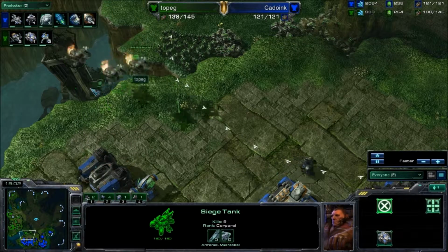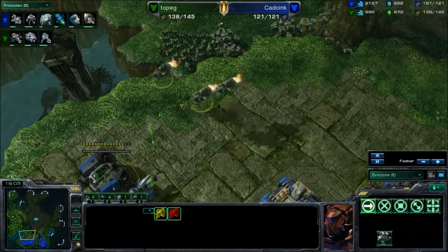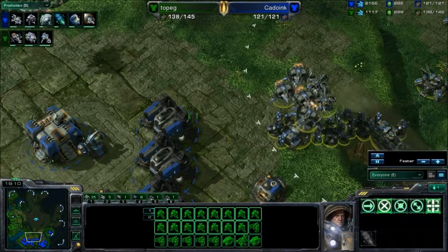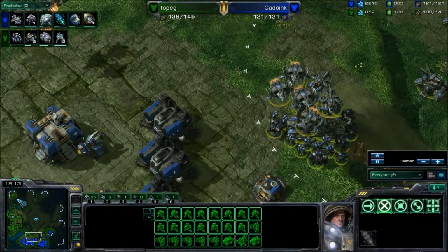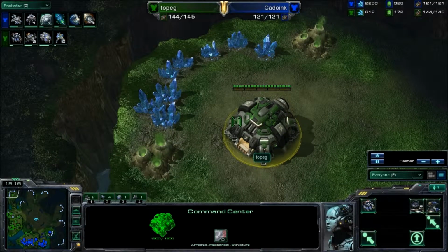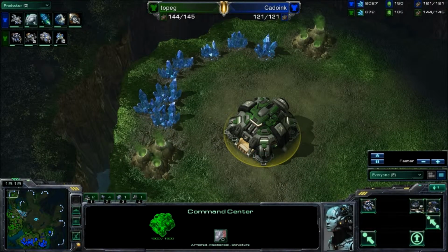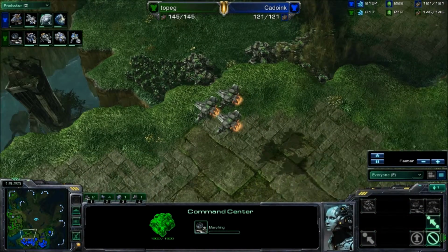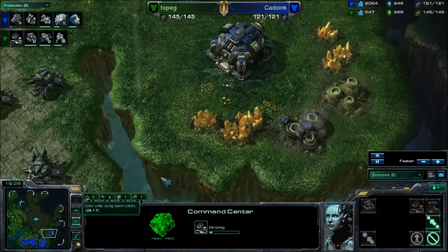He's moving his Vikings up on the high ground once again so he can get vision of this tank and destroy it. And it's going to be very difficult for Cadoink to deal with this at this time. We see that the expansion has finally landed for Topeg. He's going to start saturating this. He has destroyed the destructible rocks there, and he's going to have a 3rd base,